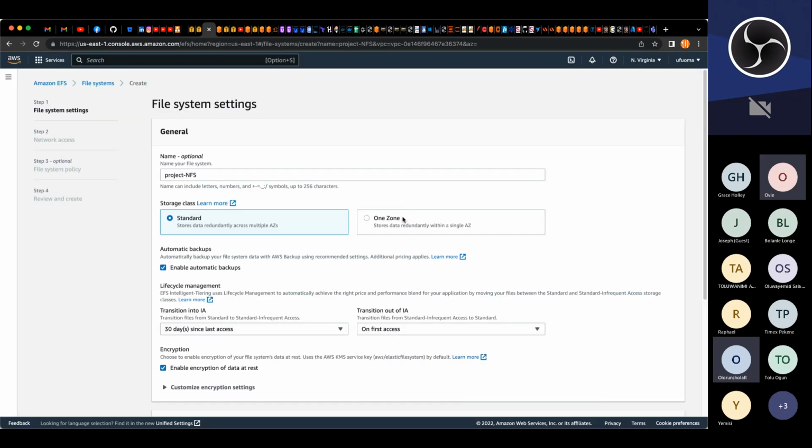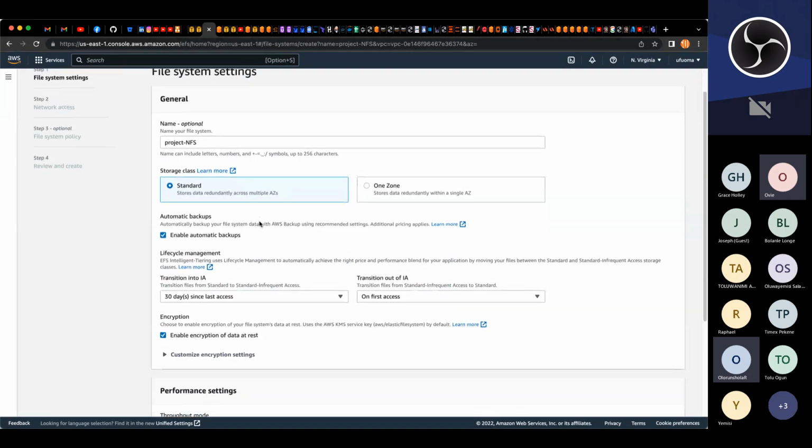If you want it to be in one zone, then you click one zone. That is, it will just be maybe availability zone A. You understand? But here we are keeping it across multiple zones because we have two zones, A and B. That's why we're choosing standard, right? And so